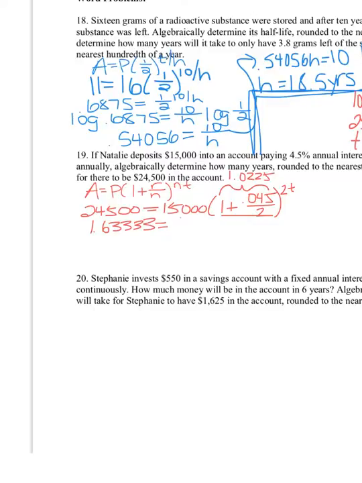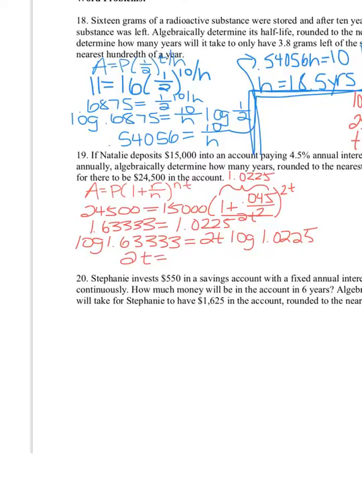Okay, equals 1.0225 raised to the 2t power. So now I need to pull logarithms into it because I have the base isolated. So this is log of 1.63 equals 2t log of 1.0225. I divide both sides by the log of 1.0225, and now I get 2t is equal to